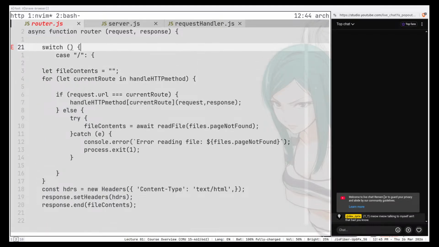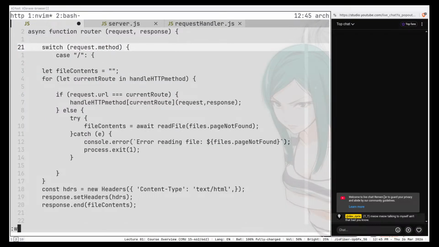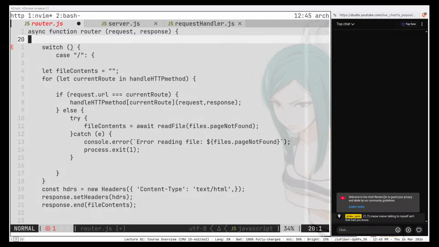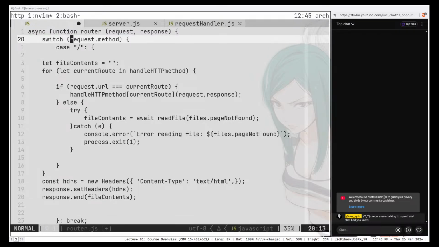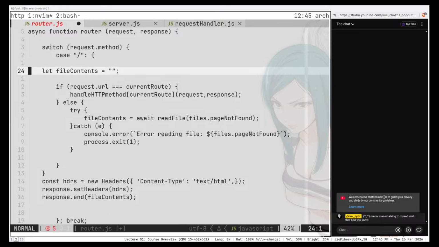First of all, it should be request.method. If that is the case, then we don't need to check if it's the current route. Request.url is the current route. Exactly, we don't need this. We need